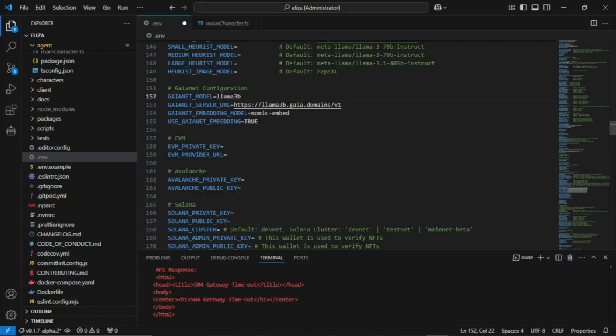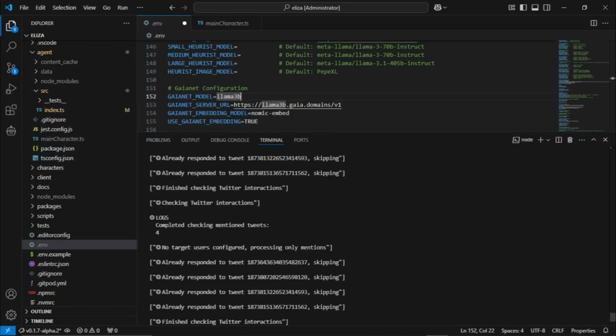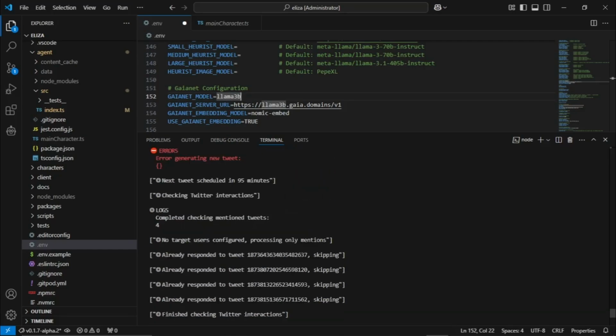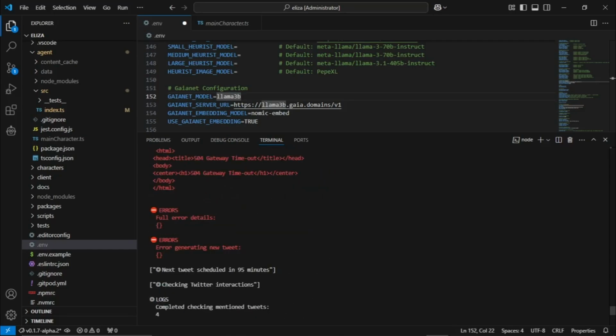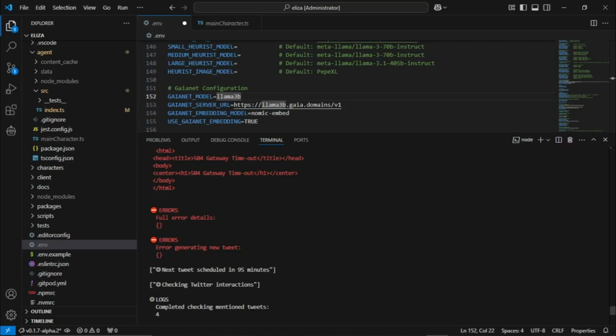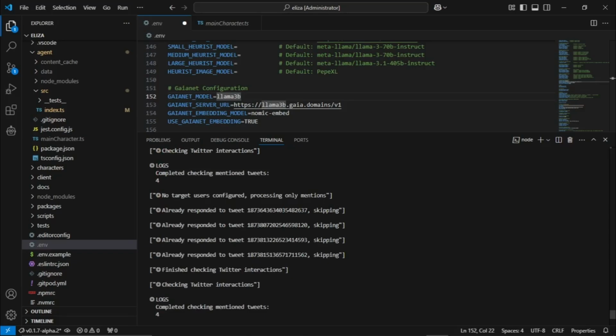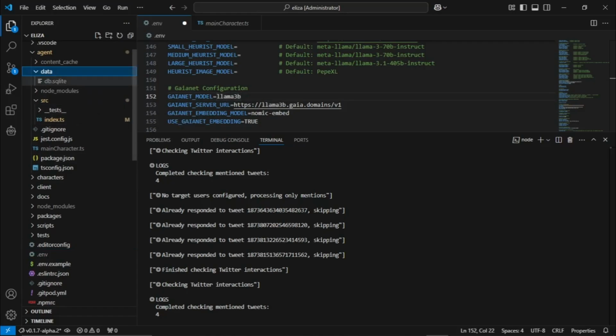We leave the nomic enabled, and we leave use Gaianet embedding true. It has already done most of the interactions it wanted to do, but it wasn't able to post a tweet, so the next one is scheduled in 95 minutes. To get it to skip that 95-minute wait and post another tweet, so that we can see it's actually working, and maybe even reply to whatever tweets we send, what we need to do is go here to data and delete this